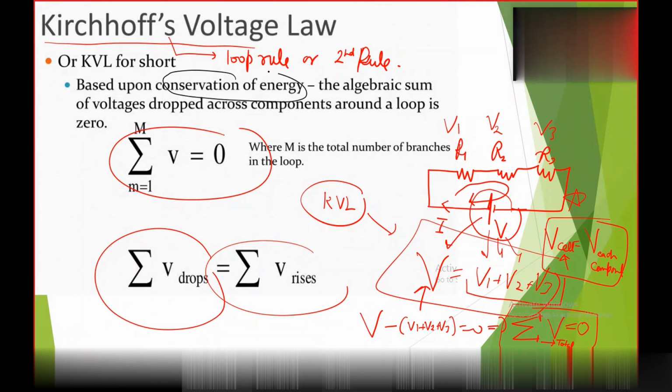Why? I will explain it now. See, why do we use energy? Why do we use a battery? We use a battery to get some energy. Okay, so suppose here we have connected a battery, so whatever be the energy supplied by this battery, this energy would be used across this resistance, across R2 and across R3.